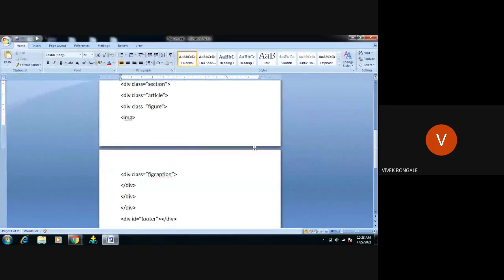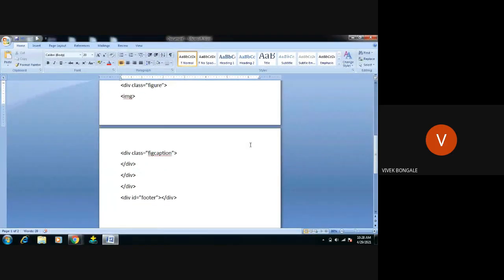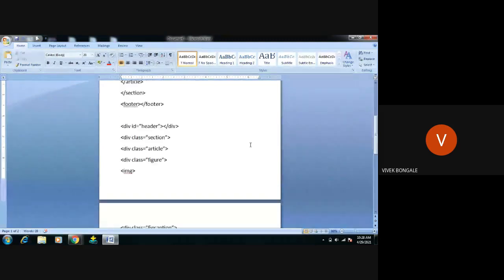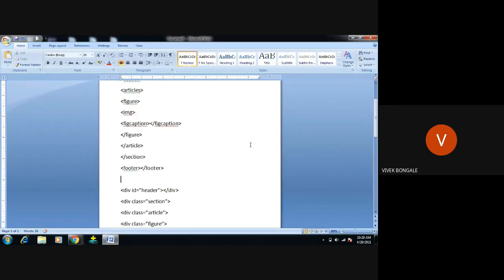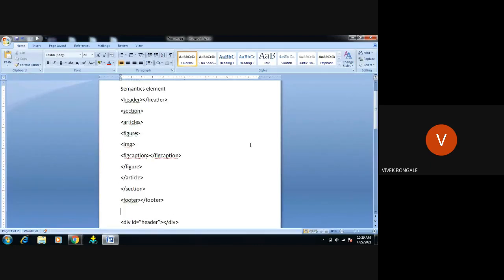So what are they trying to explain from this? They will not get any clear information or clear meaning about that program. That is the difference between semantic element and non-semantic element, right? The basic semantic element means what? It gives a clear description about the program that a human and a machine can both easily understand. That is what the semantic element is, right?